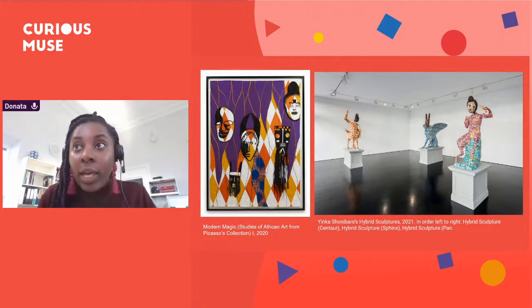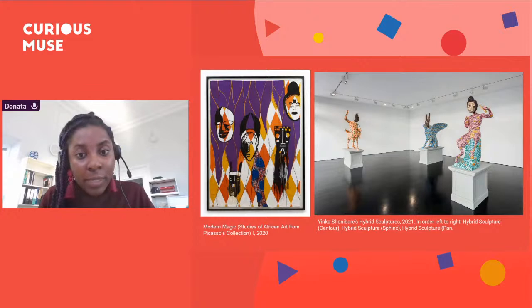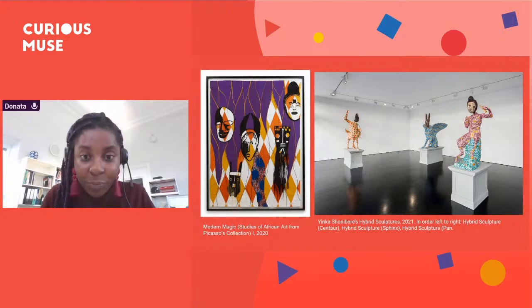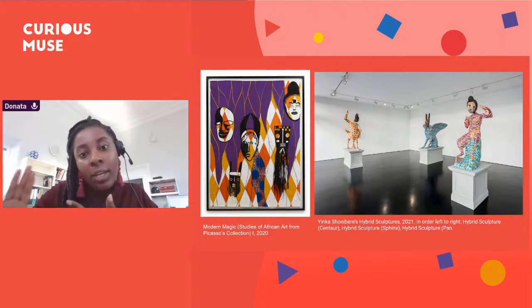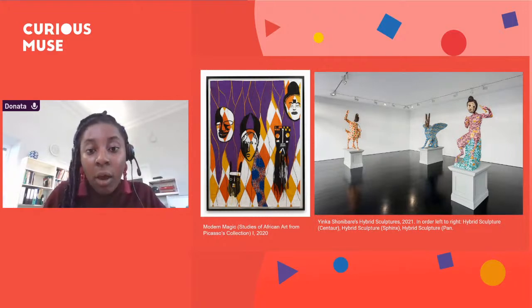So this is true through Picasso's work. Although he spoke about the influence of the Trocadero Museum, at other times he's said really derogatory things about African art, and not always calling it African art, or seeing it as separate and not as high of an art form as the art that he himself produced.